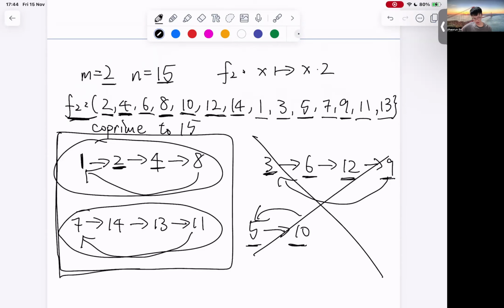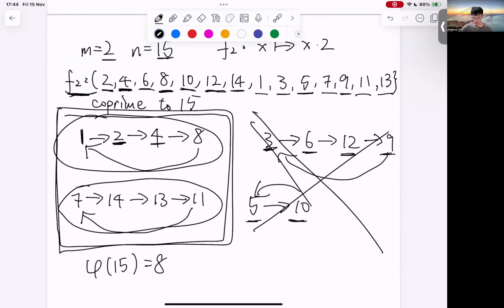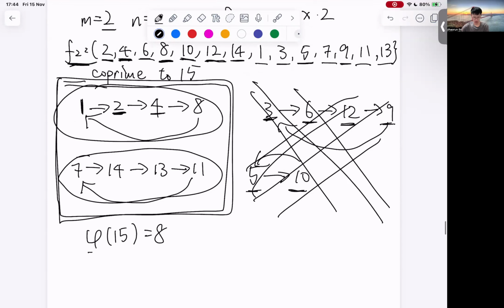Since all of these elements are coprime to 15, it is simply this number, which is equal to 8. This is simply this number, since we get rid of all of those numbers that are not coprime to 15. So the permutation graph produces distinct cycles with the same length, and we have this Euler totient